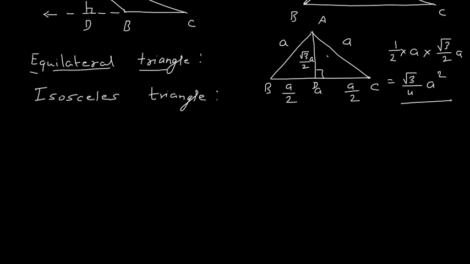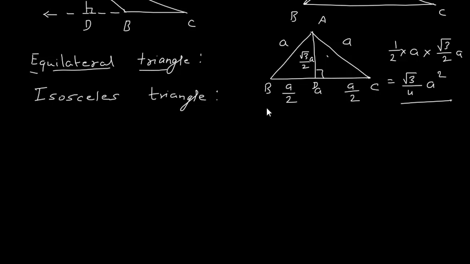But for a scalene triangle all the sides are different. In that case, when I draw a perpendicular, it will not bisect the base, and hence I will not be able to find side BD, and hence I cannot find the height. So in that case it becomes a little difficult, a little complicated. When it is a right angle triangle, then of the two sides which form the right angle, one will become the base and the other will become the height. So we can find the area of a right angle triangle also, when the lengths of the perpendicular sides are given.